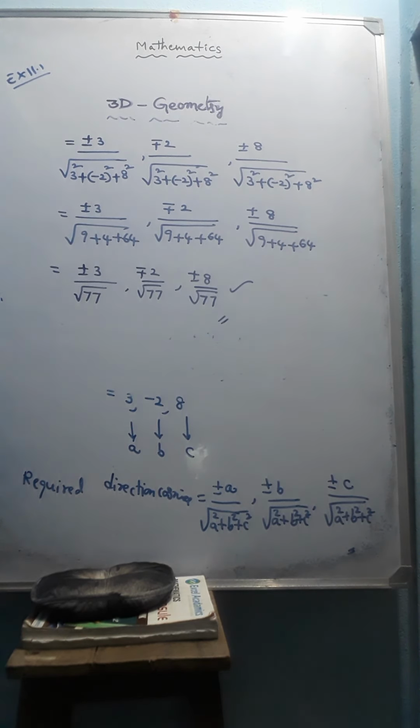In this problem also we used one formula. That formula is x2 minus x1, comma, y2 minus y1, comma, z2 minus z1. We use this formula when we want to join 2 points and find the direction ratios of that line, definitely you should use this formula only. This formula we also used in vector algebra. Okay, so write them fast.